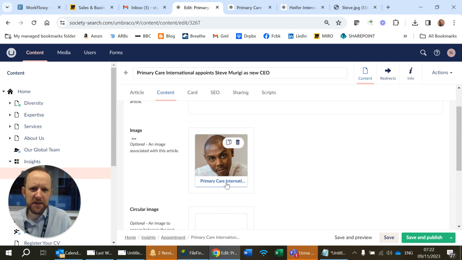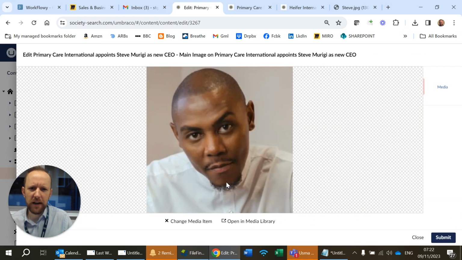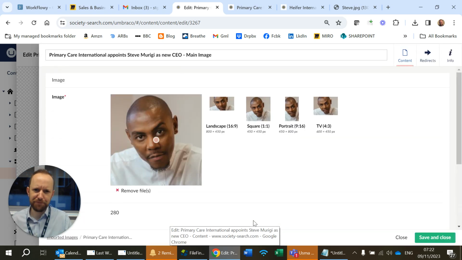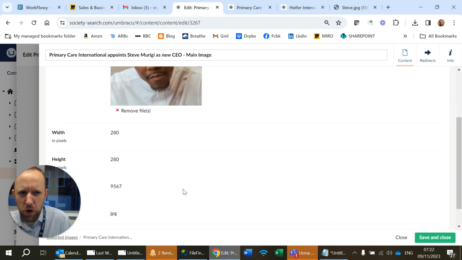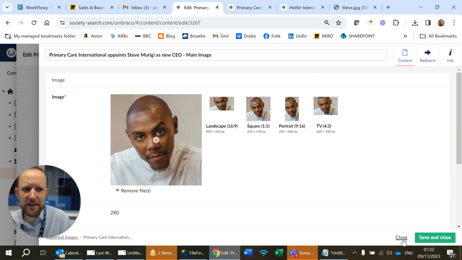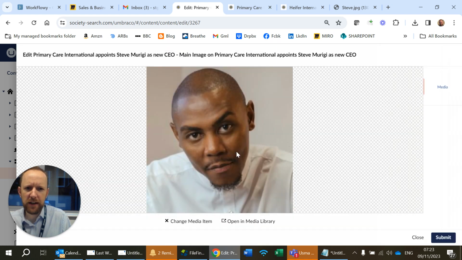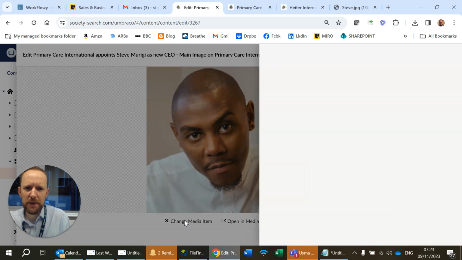But we want to edit that. So I'm going to click on the little link underneath it, and I'm going to click on Open in Media Library. And this now gives me the opportunity to crop or move things around. Now, fundamentally, I think this image isn't going to work. So actually, what we probably need to do is re-upload a higher resolution image. There's not much we can do if it's a tiny square to make it look crisper. So if I click Close and then Change Media Item,